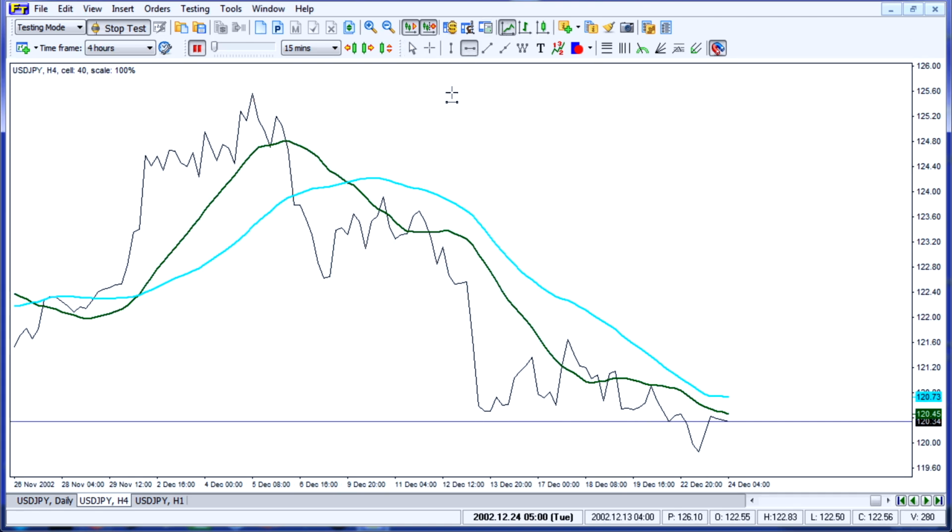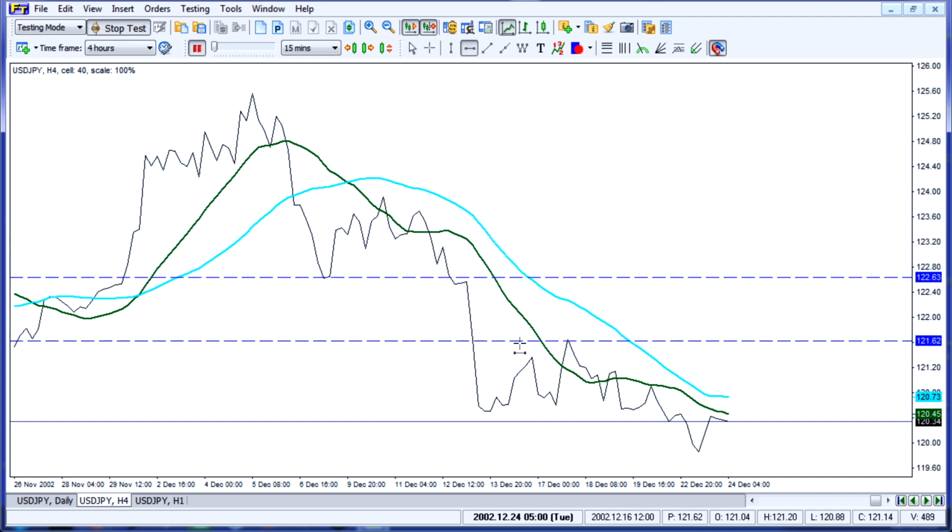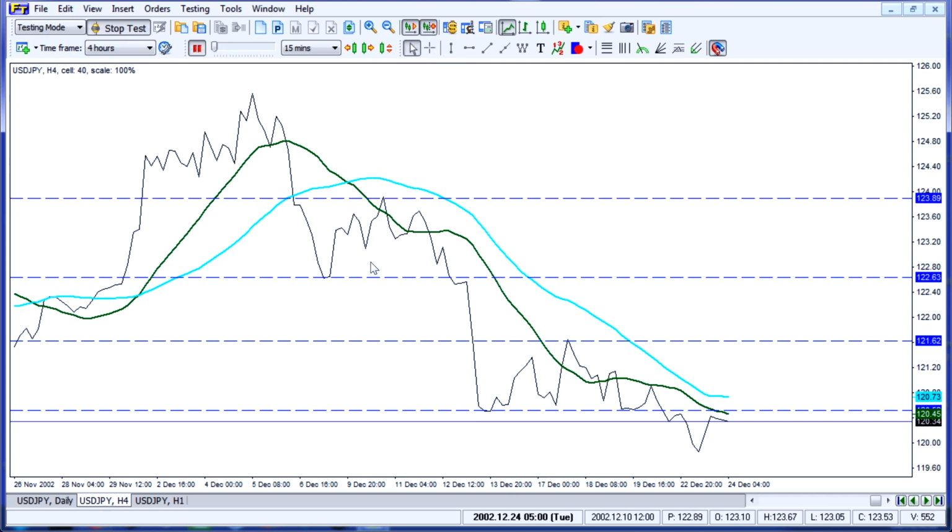And now the trick is not to place lines at every turn, but just the key levels. Otherwise you'll have more lines on the charts and you'll end up never being able to take a trade. So just click your lines in at the key levels, the key turning points. But as I say, it's imperative that you know what these levels are on the higher time periods from what